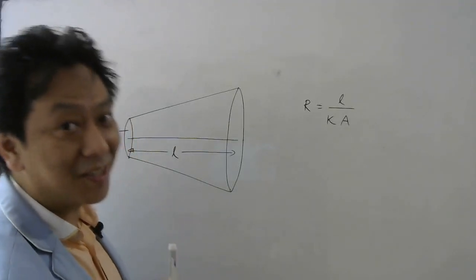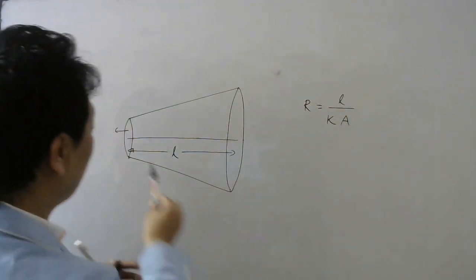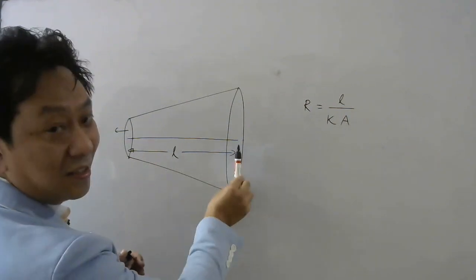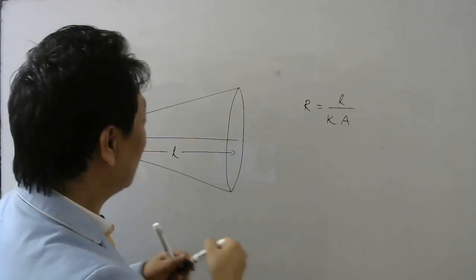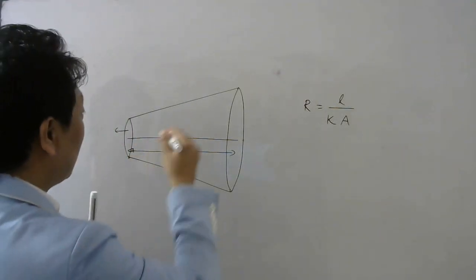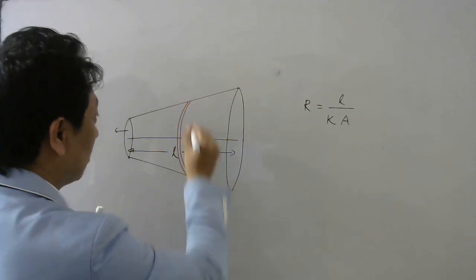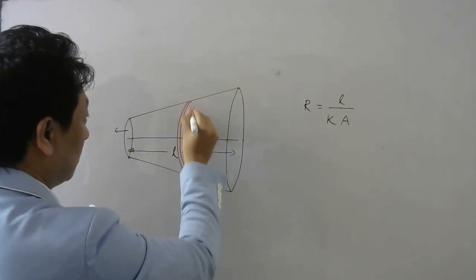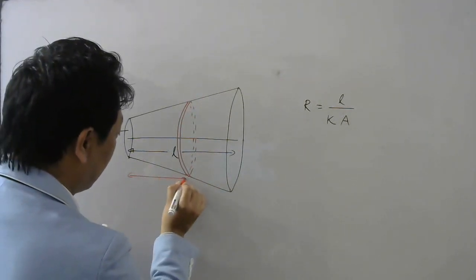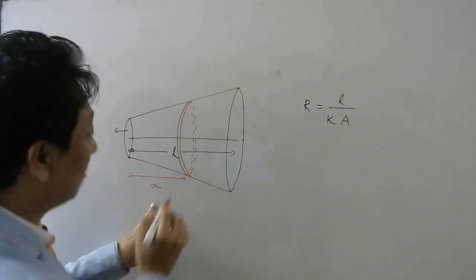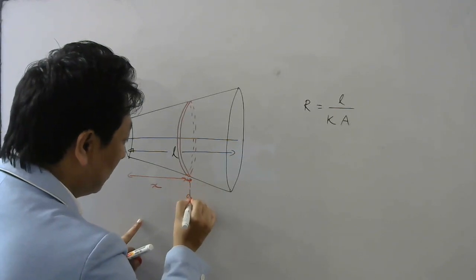So to find the resistance of this kind of conductor, we cannot directly use this formula as we discussed, because as I change the length, the area changes, right? So from here to here when you go, the area changes. So what we do is, we take a small disc of this conductor whose distance from this end is x. Okay, so x is your variable. From here to here the distance is x, and the small thickness is dx.